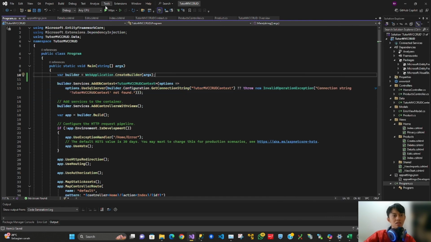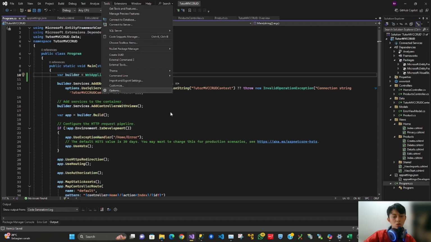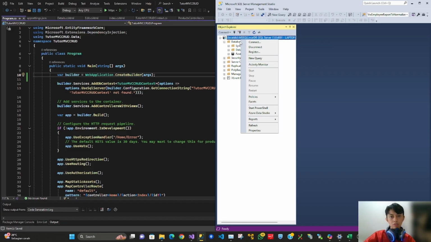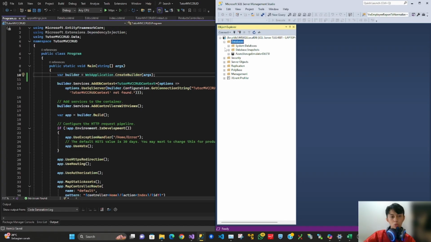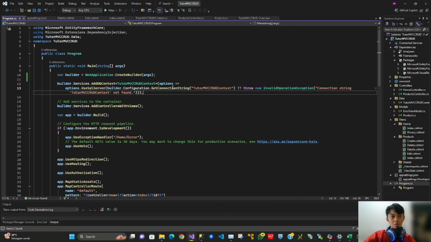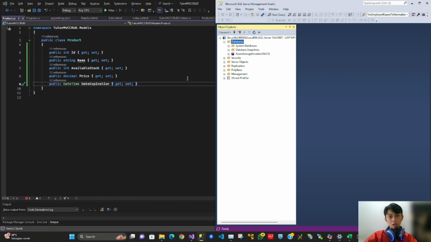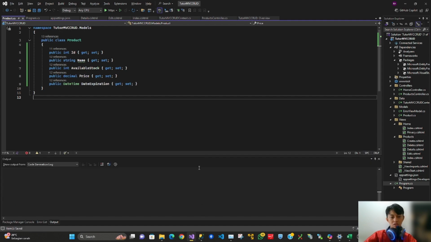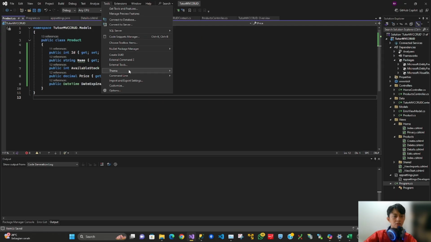Okay, what should we do next? We don't have any database for the project here. So we have to migrate the Product model to become the table and columns in the database. We always call it the code first methodology. How to do it? Choose the Tools menu, and then Package Manager Console.